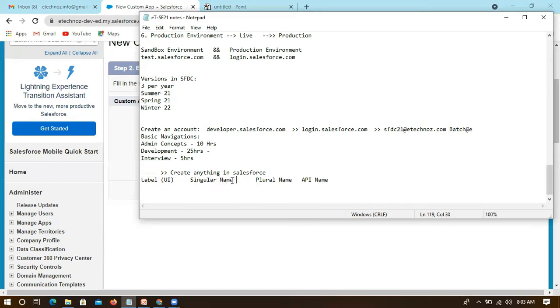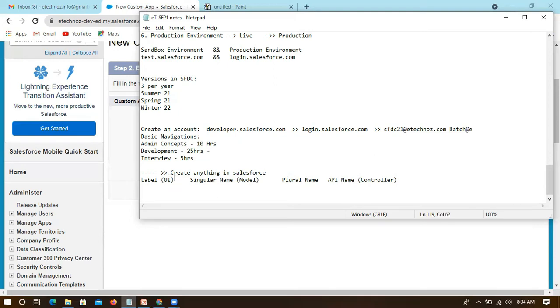And the singular name won't be utilized for the front end. It will be something which we use within the system, so we call it a model. And the API name we will be using for the controller. Controller purpose means, as a developer or admin, I just need to classify the difference between one app or another. If I want to query within the system as a developer, I just need a reference, and for that reference I can get it from this API name.